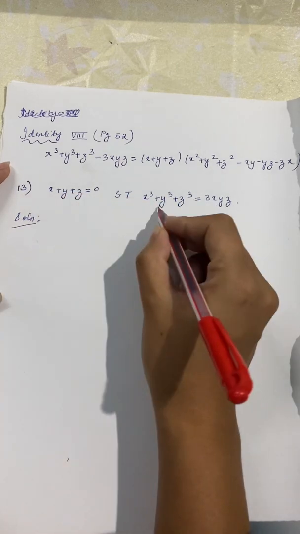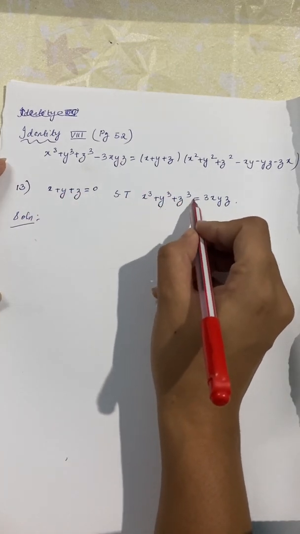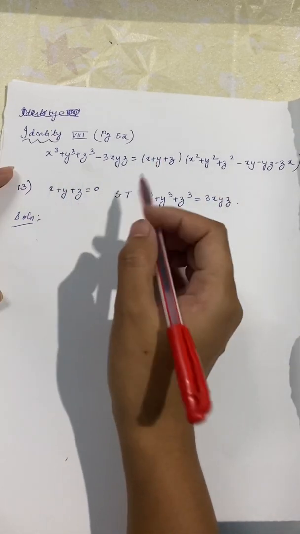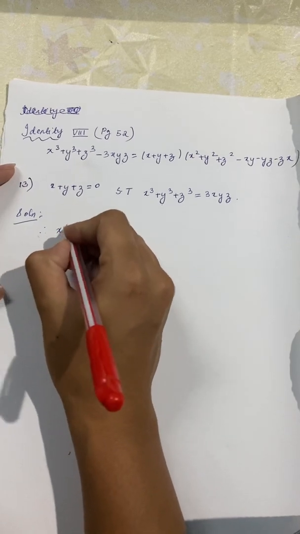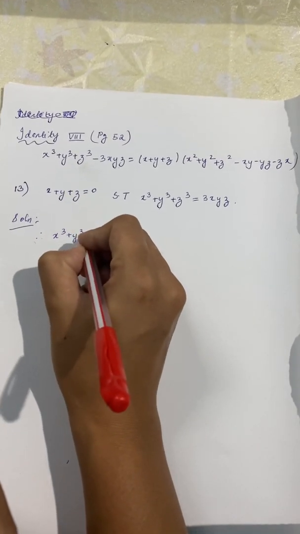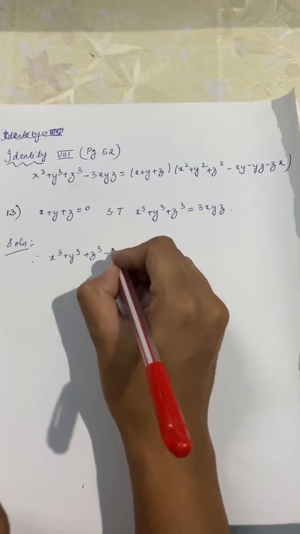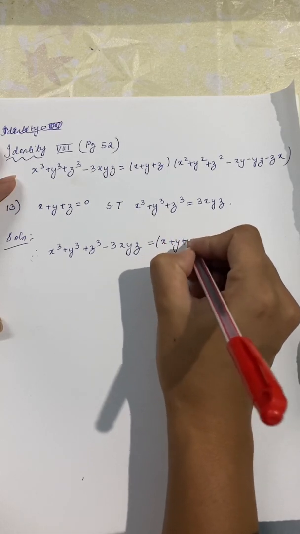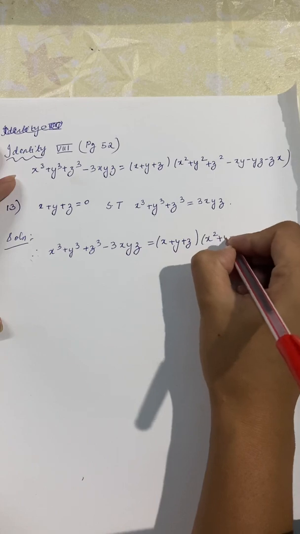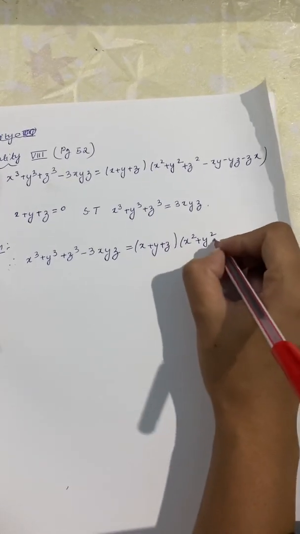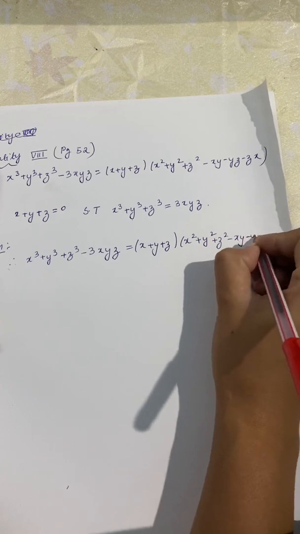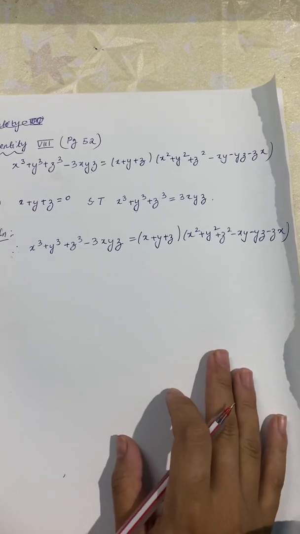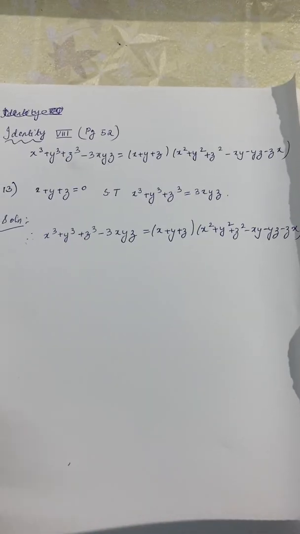This is what we have to prove. We have to prove x cube plus y cube plus z cube is equal to 3xyz. Now you compare this with this given identity. Therefore, what do we know? We know that x cube plus y cube plus z cube minus 3xyz is equivalent to x plus y plus z times the other factor. Just knowing the formula will enable you to solve this problem quickly. So I'm telling you, learn the formula properly. Now you look in the question. What do you have in the question? We already have that.